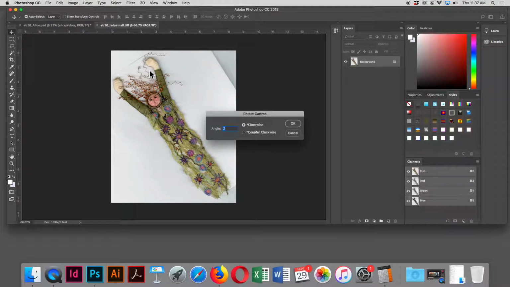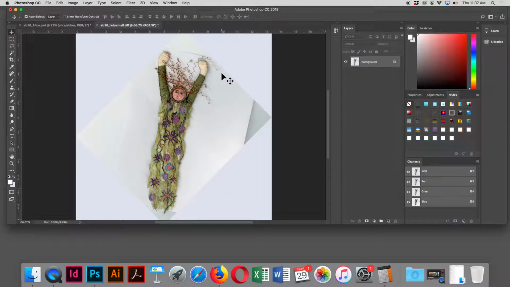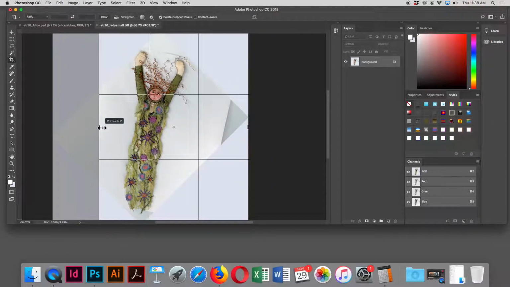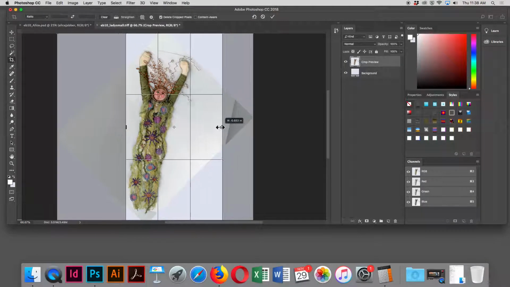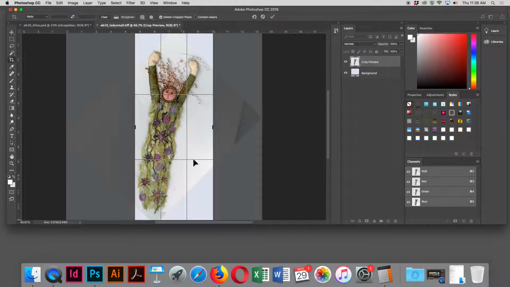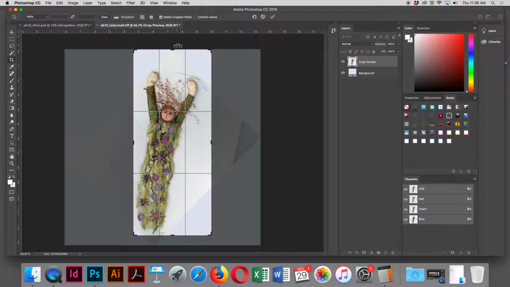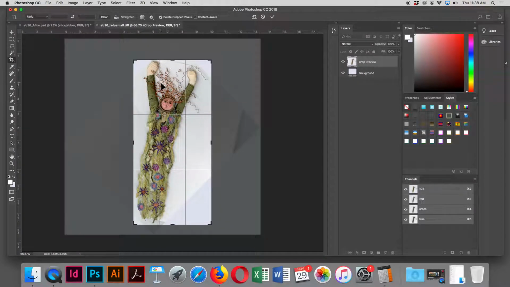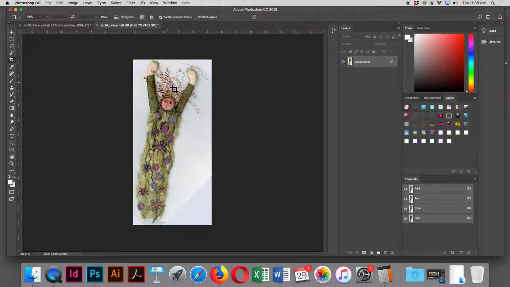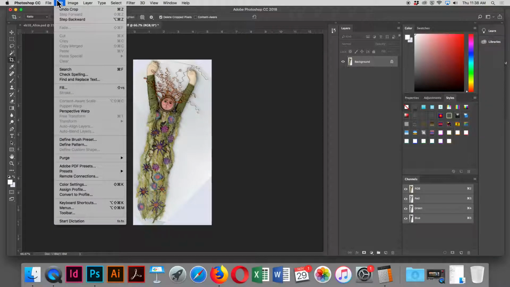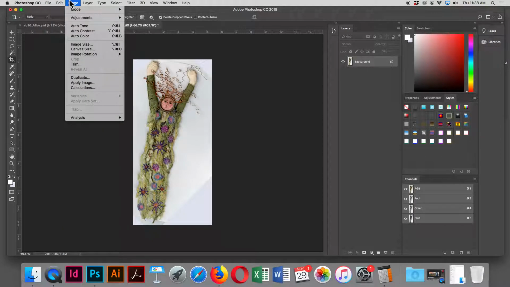So I could go arbitrarily. I could say that I want to do this clockwise 45 degrees. And I can be pretty accurate with doing that. I can also come in here and really crop her down at this point. And this will help me, right? If I only want it to go from here to here, again, my goal is to keep the size of this pretty small. And if I go to,